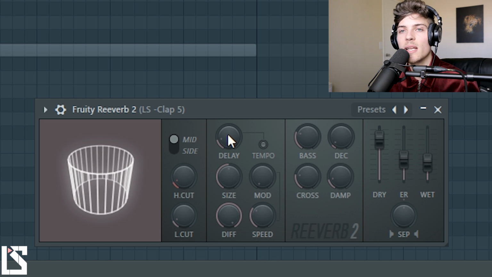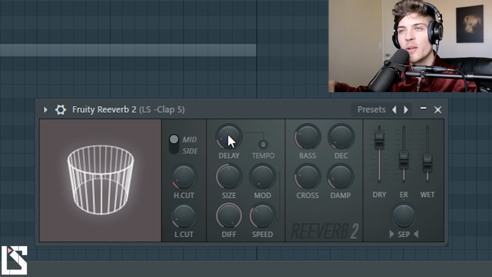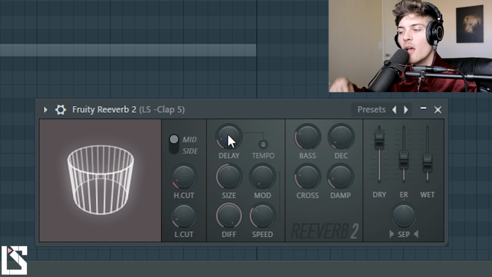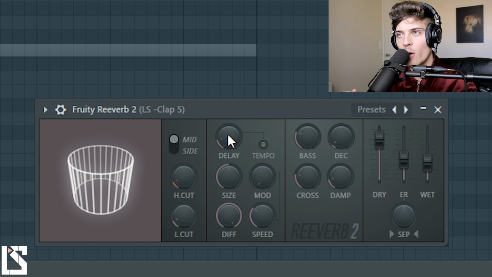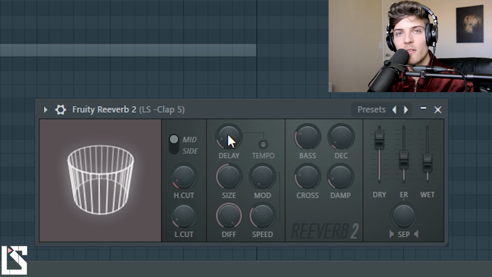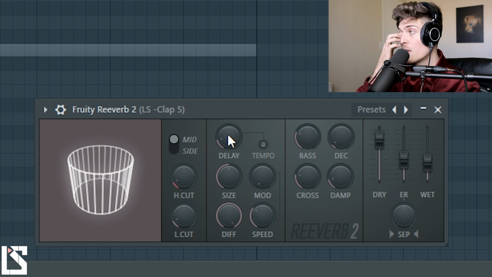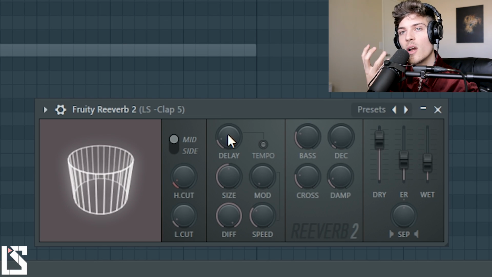Why would you want to use pre-delay on a reverb? Let's say you have a vocal track, right? And you're adding reverb to it, but you don't want the vocal to be washed out. You just want to add some space to it. So if you have the reverb start right when every word comes out or every transient of the vocals coming through, it's kind of going to start to wash it out, right? But if you add a bit of a pre-delay to it, then a bit of the word will come through and then a reverb tail will come after it. So you obviously wouldn't have it that late, but adding a little bit of this allows your vocal to still come up front and